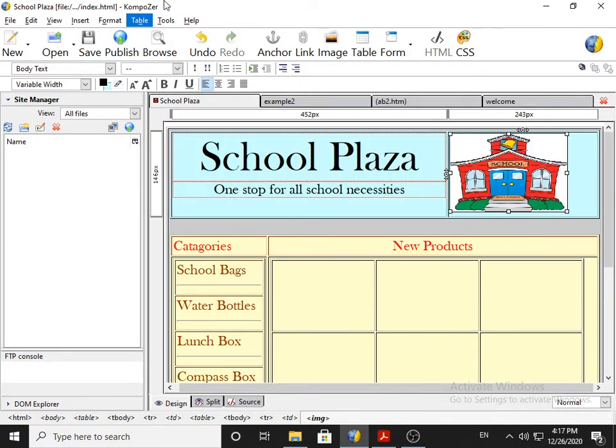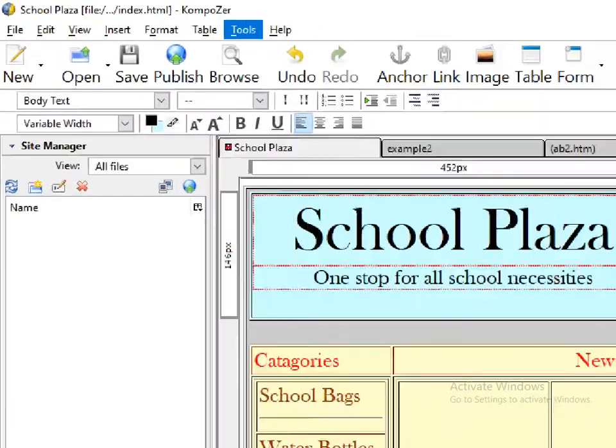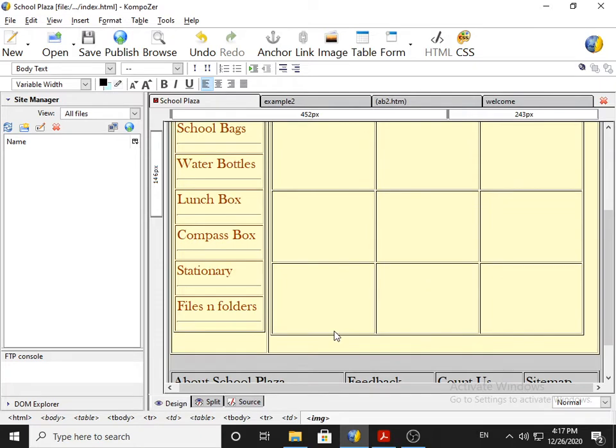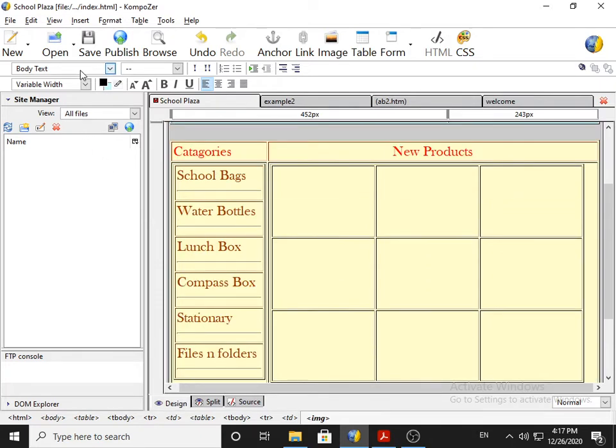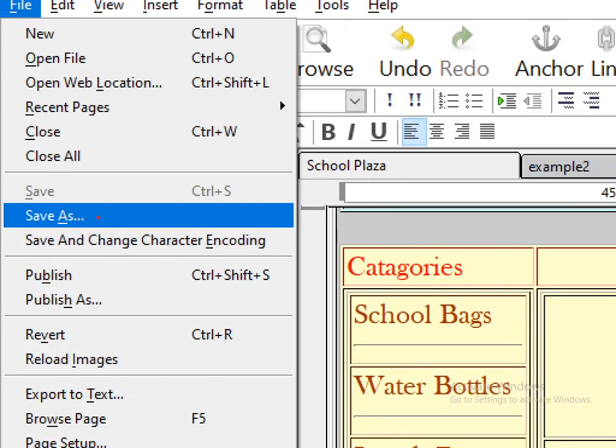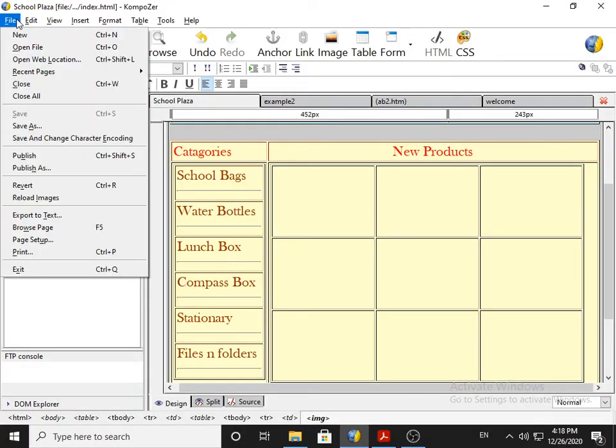right now this is the file whose name is index.html, and in index.html, as you can see here, we are preparing the information of the home page. Now I give the instruction File and Save As. Look at this carefully. File and Save As means create a copy with a new name. So when I give the command File and then go for Save As,